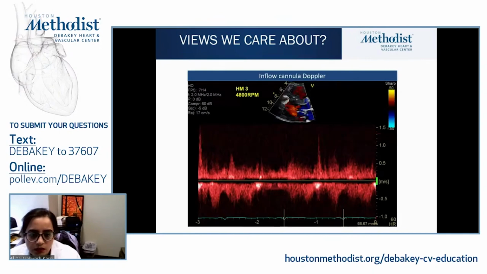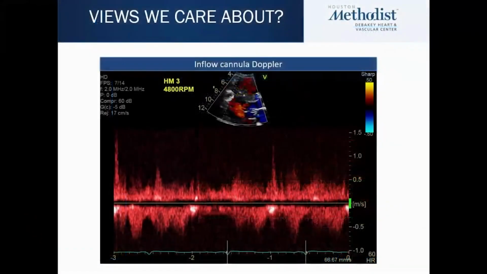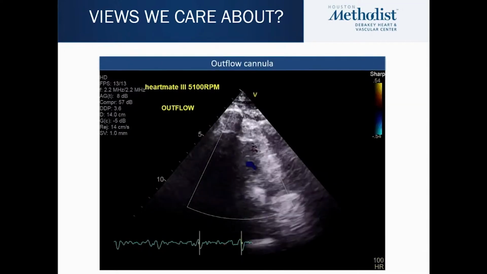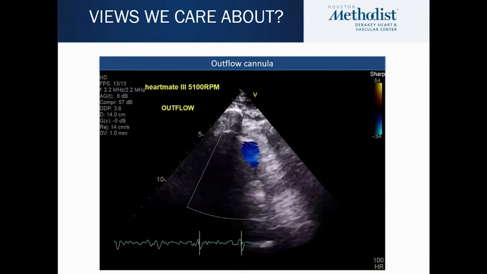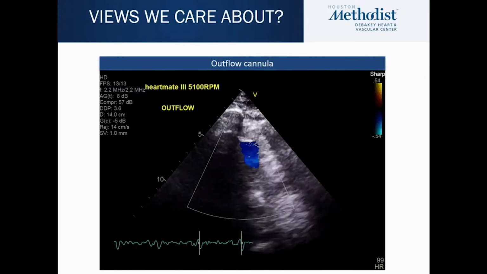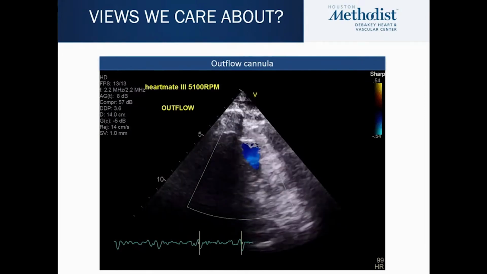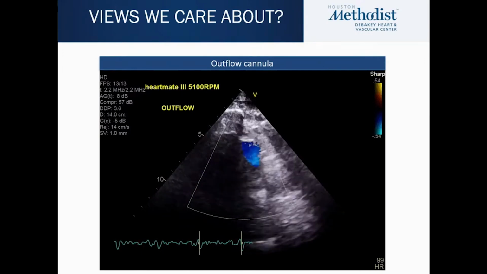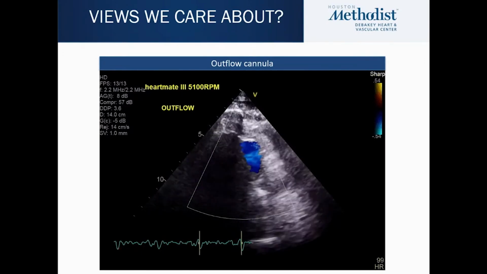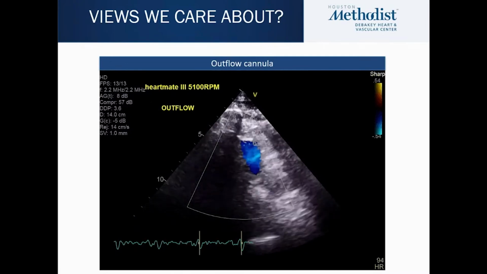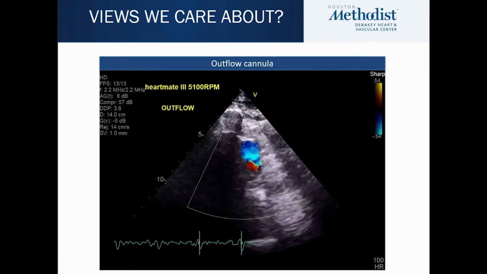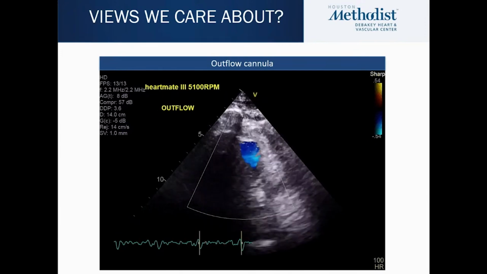This is a Doppler. Again, as you can see, the alignment is not proper, and it is extremely hard. In these situations, again, the caution is to not overinterpret, but to get a reliable signal wherever we can get it. More important is the outflow cannula, if we can get that signal, but again, it's very hard to visualize. We do tell people to try to get the right upper sternal border and do their best to see where we can see the outflow cannula, and we can then do Dopplers across the outflow cannula as well,